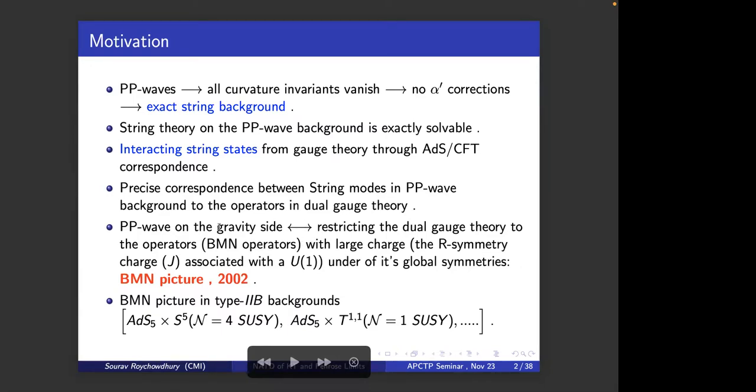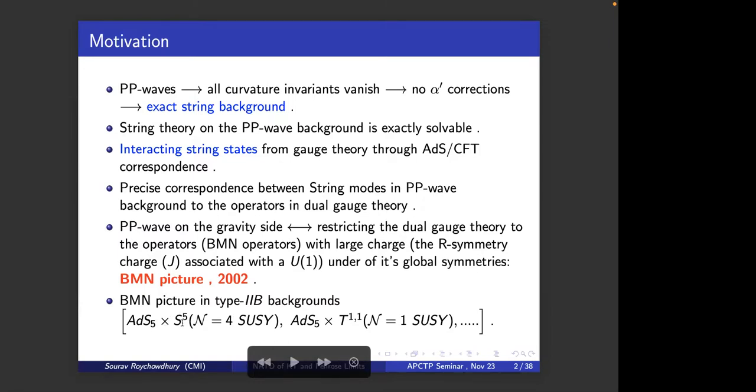This seminal work was carried out by Berenstein, Maldacena, and Nastase in 2002, and they showed this certain set of operators, which are named the BMN operators after their work. After the BMN picture came, over the decades people have studied the pp-wave BMN picture in type IIB compactifications. This is actually the work by BMN, the most